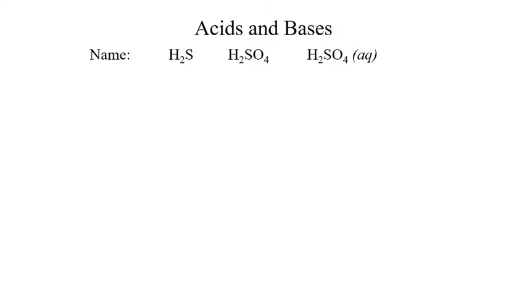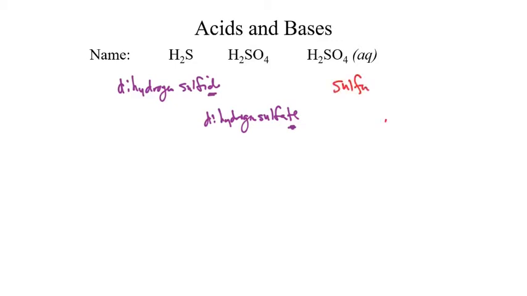Well, in another riveting fireside chat, we're looking at acids and bases. If we were to do some nomenclature practice and go through and look at these, we might refer to that first one as dihydrogen sulfide. We have dihydrogen sulfate, so note the name change. And then in that last one, it all of a sudden becomes sulfuric acid. And we get this big shift. Why do we get this big shift in the name?